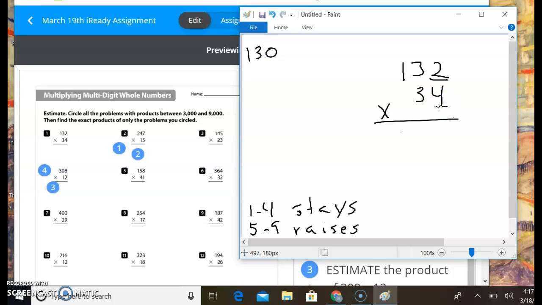Here, my number is 4. That's still below 5, so I'm going to say we're going to multiply by 30 for our estimation. Now, I don't know about you, but I am much better at multiplying by tens than I am by 30. So if I say 130 times 10 3 times,